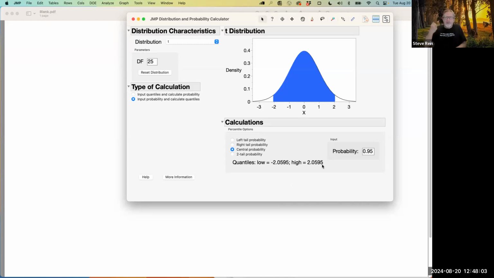Here's what most statisticians I know do. We're going to use software to get the right answer. But if we're doing it in our head, you're going to say, oh, 95% confidence, and the degrees of freedom, the number of data points, approximately is not tiny. I'll just use 2. Up and down 2 standard errors will be about the right way to go.